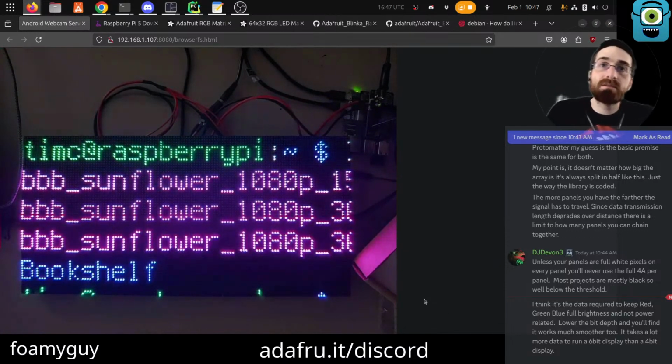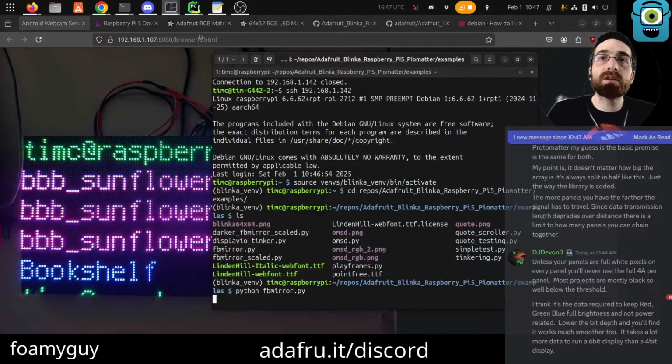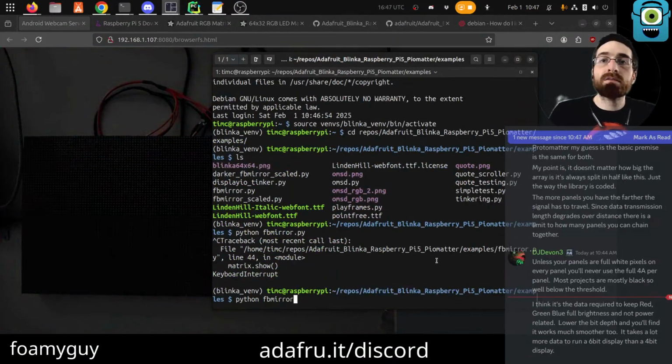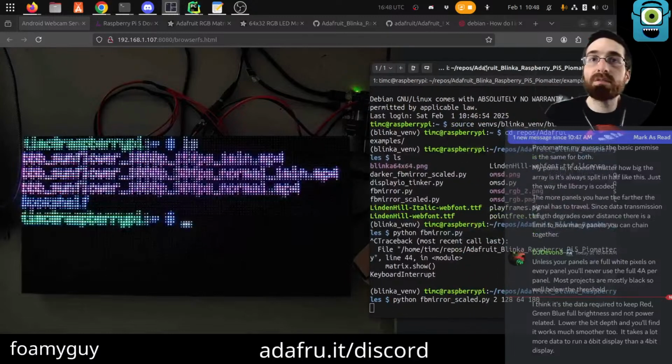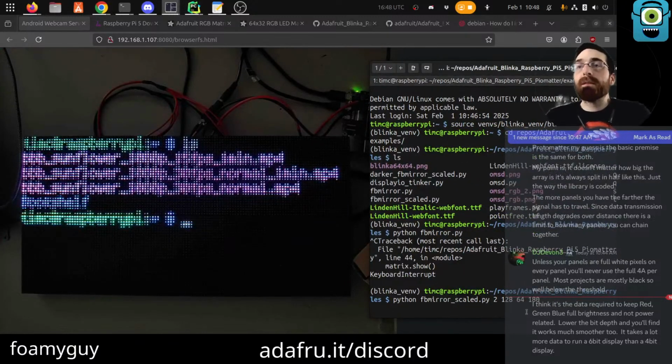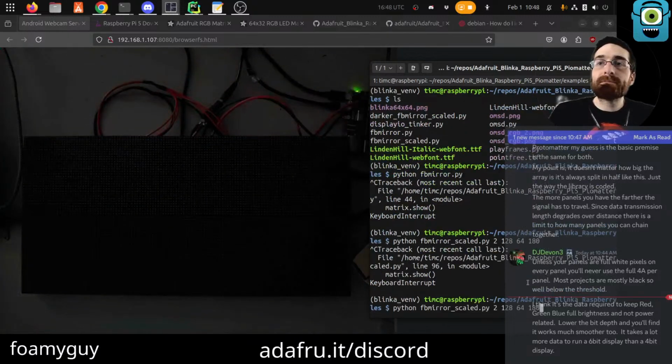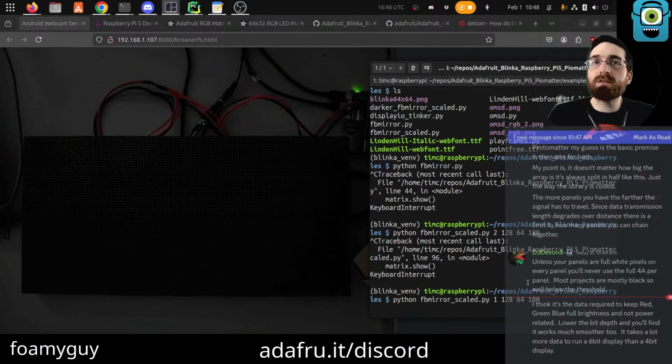Which is better on this display, but we do still have room to go down some. I wonder if the scale would look all right here. So let's try scaled. Let's try scale 2 only. 28, 64, 80. Now it's pretty much illegible. I mean, you can kind of make it out if you know what's there, but it's pretty much illegible. I don't think... let's just do scale 1. Is it not working at all?